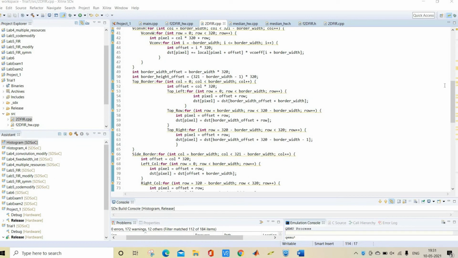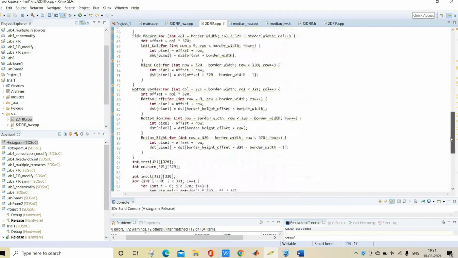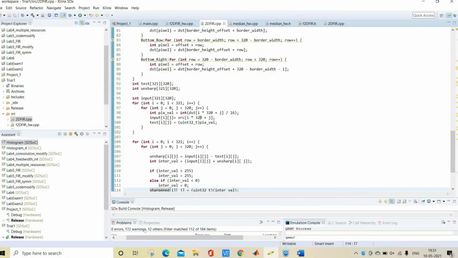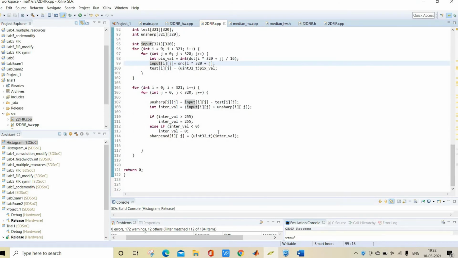So this is the border adjustment part, which will be done as mentioned above. Now we are extracting the values of the DST, storing them in pixval, and this pixval is stored in test. So test is basically a 321 into 320 matrix, which is storing the output of the FIR, and the input is stored in this input 2D array. Next we perform the unsharp mask creation, where we subtract the test pixel from the input